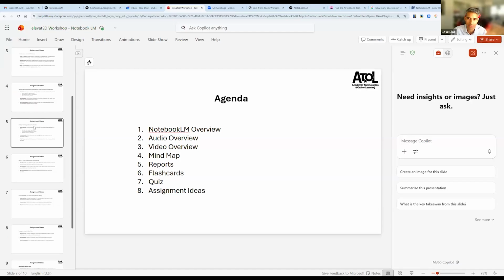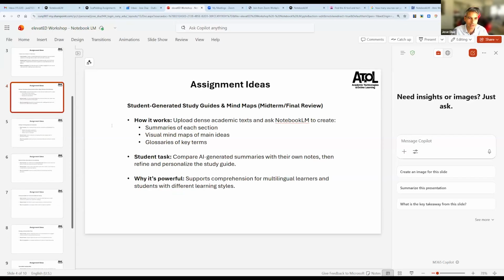Just to give some ideas before I open the room for suggestions, I had come up with the one we mentioned, the midterm or final review, where a professor can create a notebook just for the midterm review and invite all the students to work on it, in a way that helps them study for the midterm.